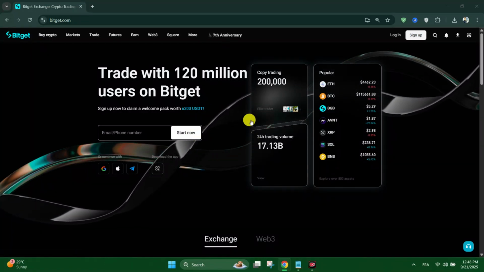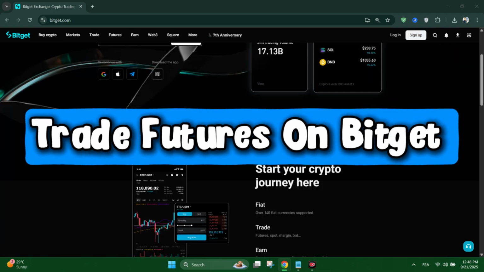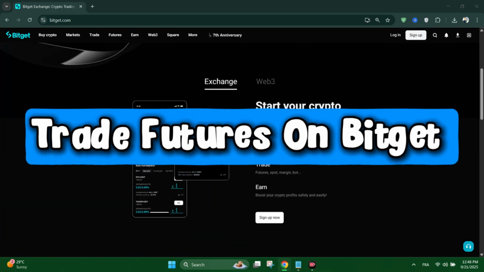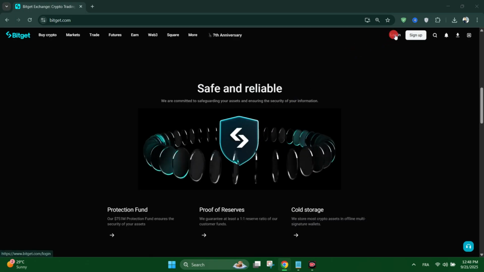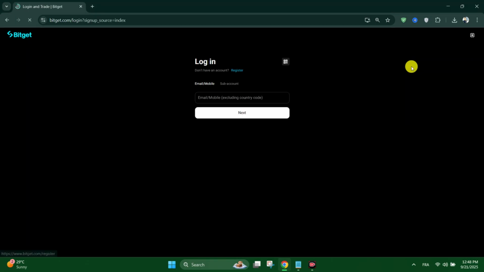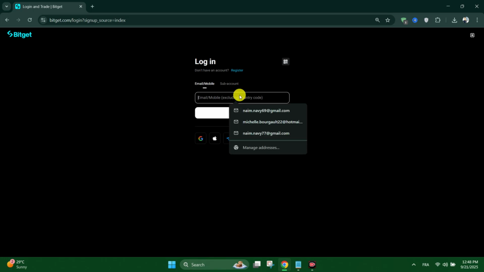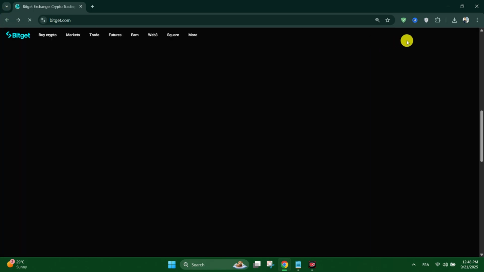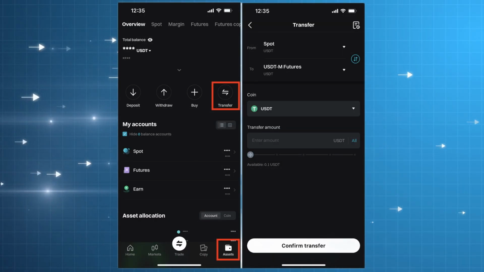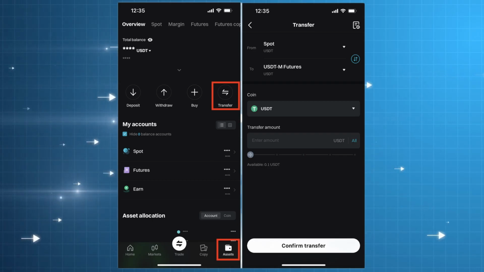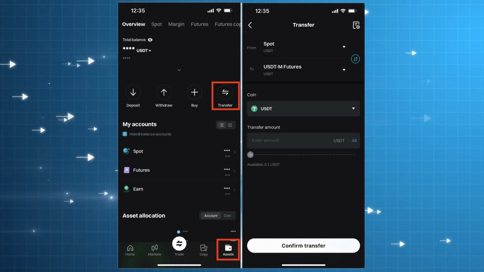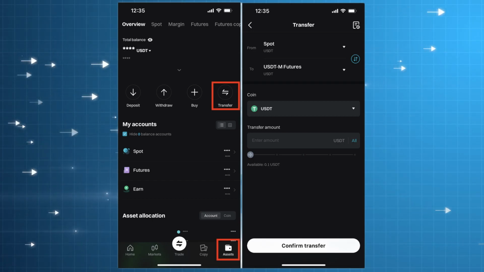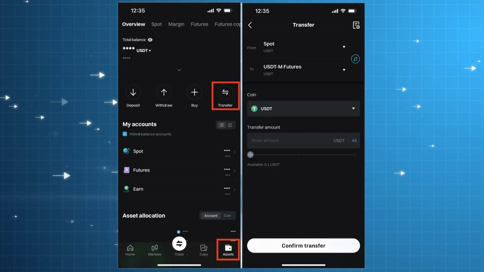Today we're going to see how to trade futures on Bitget. Firstly, go to Bitget and log in to your account and complete the verification. You'll need USDT for futures. You can either deposit from another wallet, like copy your USDT address, or buy directly on Bitget through P2P or card purchase. Now from the top menu, select Futures, USDT and Futures, and here you'll see the chart, order book,